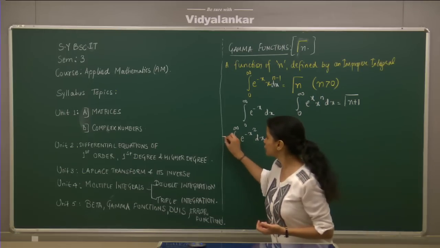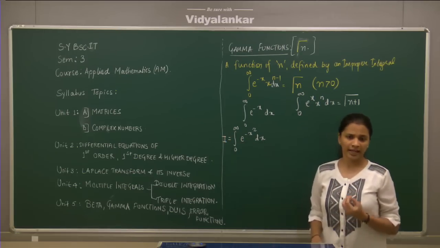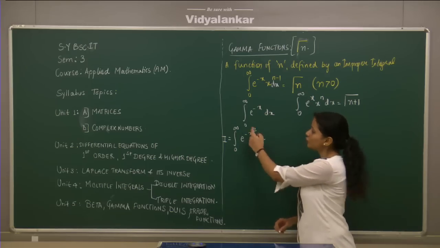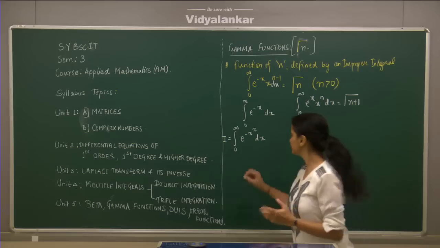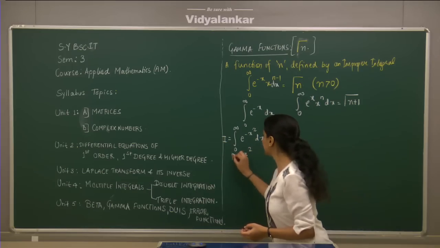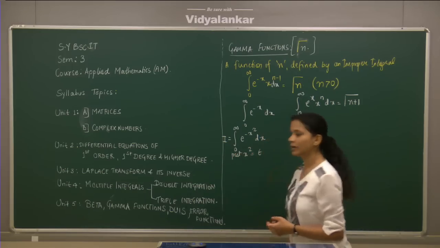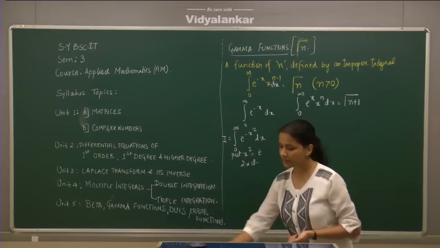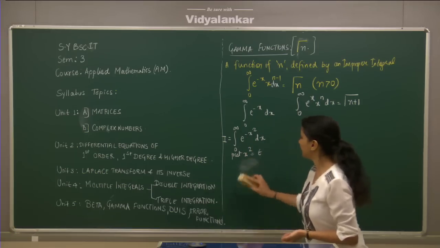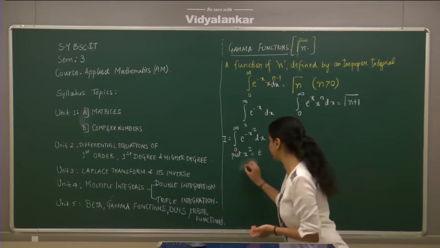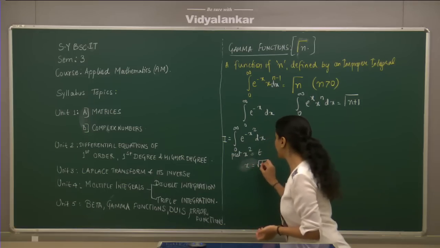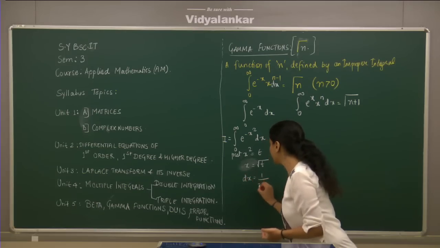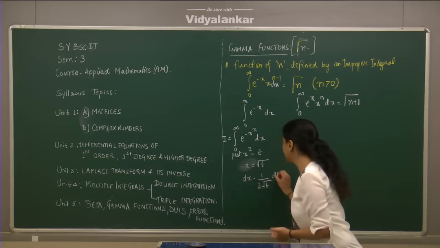So let I be equal to this. In order to evaluate this kind of integration, let us make it of this form. So what we will do is substitute x squared as some variable t. If we put x squared as t, let us take a derivative, which is equal to 2x dx, or to make it simpler, if x squared is t, the value of x would be square root of t. Right? So now the derivative of this would be dx equals 1 upon 2 root of t dt.